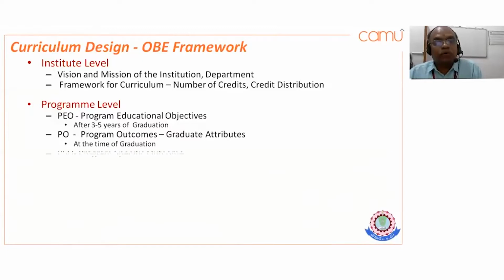Then, in order to specifically make sure what our focus is, we are writing program specific outcomes. The ECE program, that is the Electronics and Communication Engineering program offered in our institute, Thiagarajar College of Engineering, has a focus that is different from what is offered in PSG College of Technology, Coimbatore. So this is where I'm going to look at that. This is the focus of my program. I'm going to specify it here.